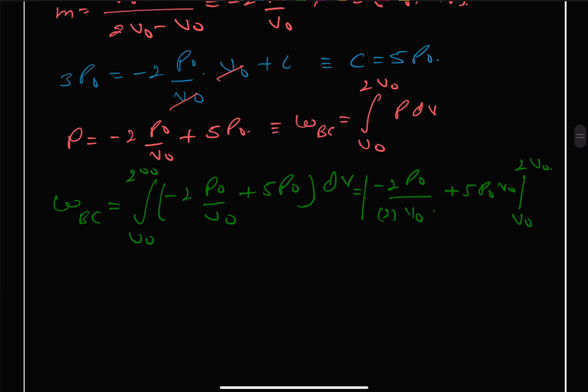Okay, so here it is our V and here it is our V square, and similarly here it will be also V. So this twice and twice cancels out, and we get this as minus P naught, and the upper limit is twice, so this comes as 4 times V naught square divided by V naught plus 5, and this becomes 10